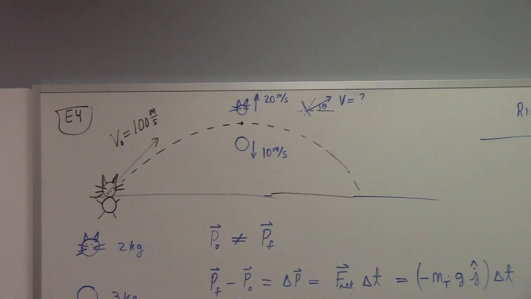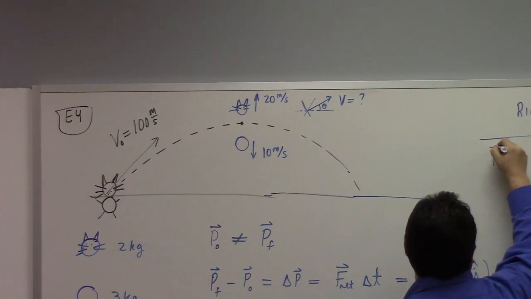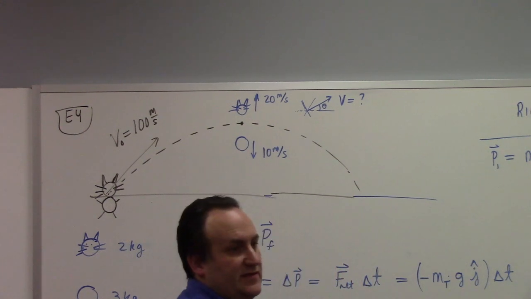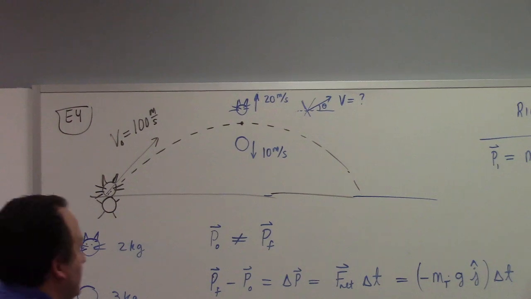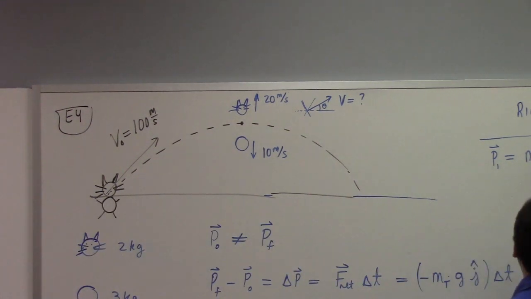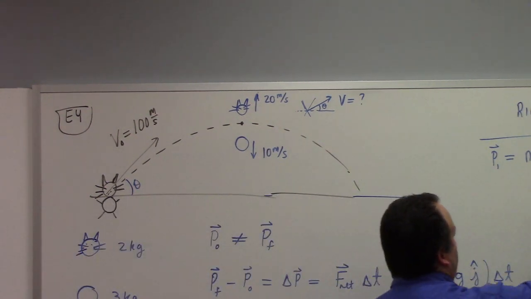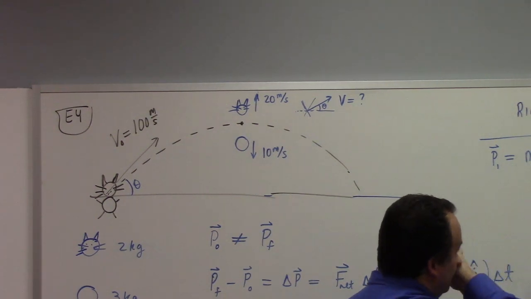So right before, what's the momentum? I'll call it P1. It's just the total mass times the velocity. What is the velocity at the top of the flight? This you guys should already know. It's projectile motion. I need to give an angle, so I'll call it theta. There you go, so we put V naught cosine theta, 0. That would be the initial momentum.